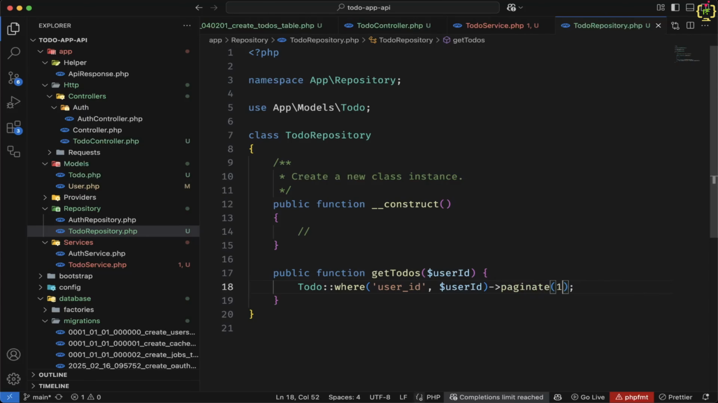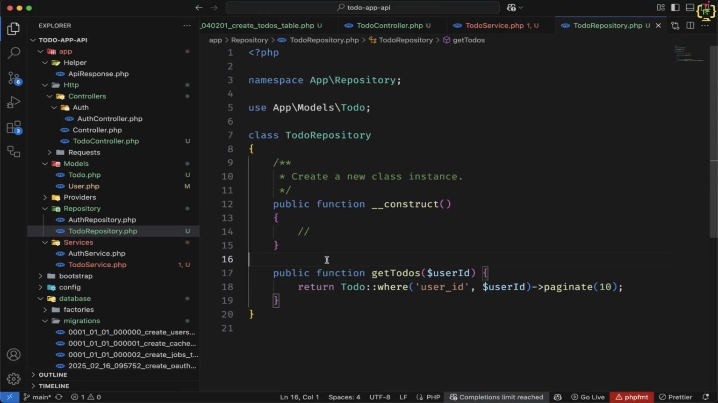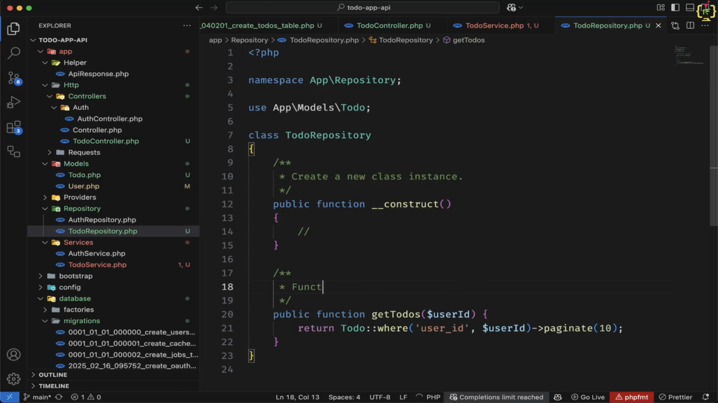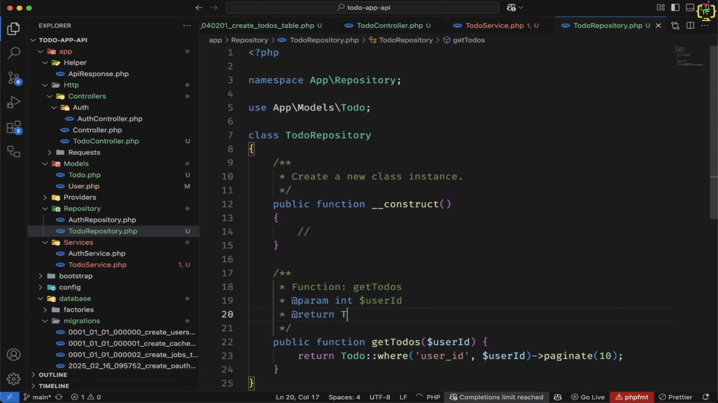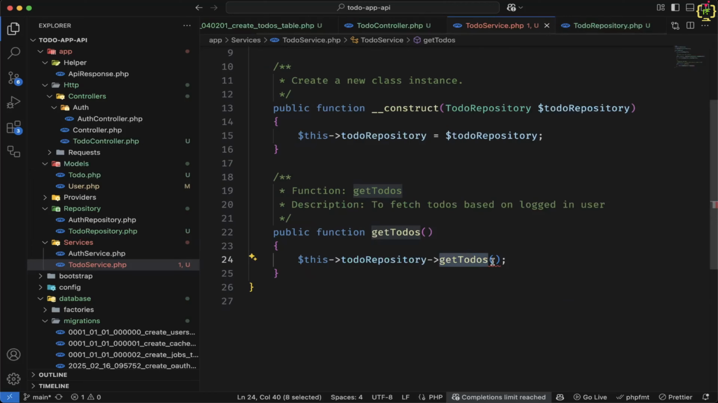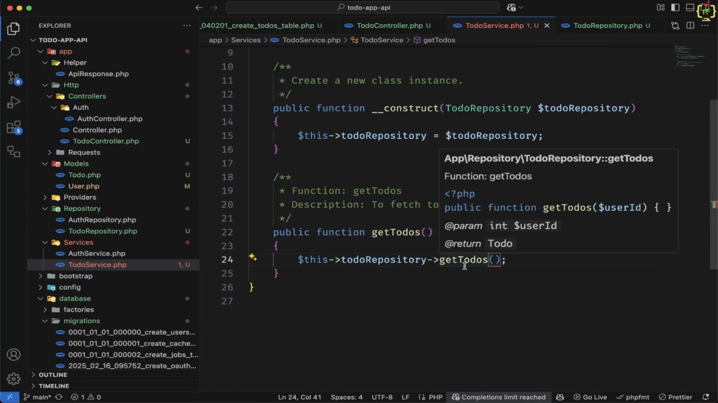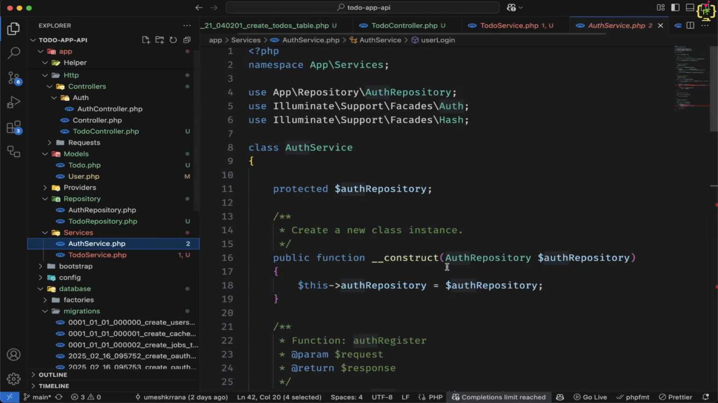Inside this paginate, I will just pass the pagination as 10, and I will simply return this. Okay, this is the get to-do function, and this is accepting a parameter as integer user ID, and this will return to-dos. Now let's come to the to-do service, and from here we will have to pass one parameter as user ID. So for getting the authenticated user data, better we can create one function inside auth service itself,